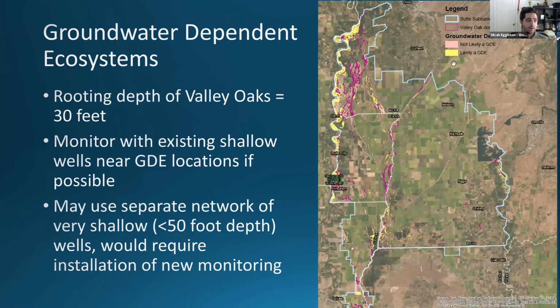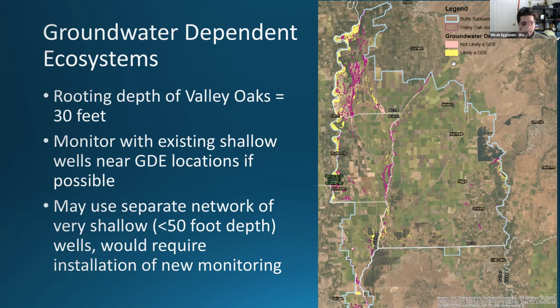There has been a lot of work with NGOs working with the state to get groundwater dependent ecosystems as a part of these plans. And so it is something we need to address, but it's not something that has its own network dedicated independent of these. It has to fit within our 6 sustainability indicators.